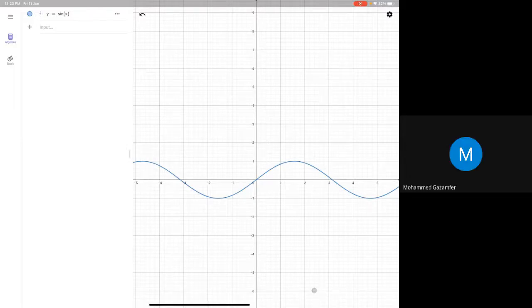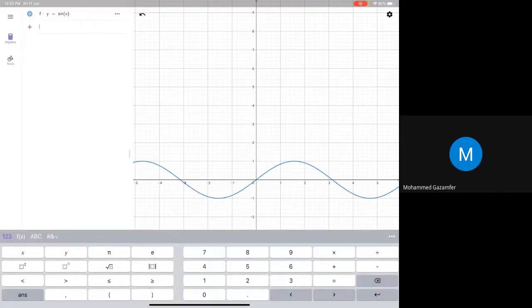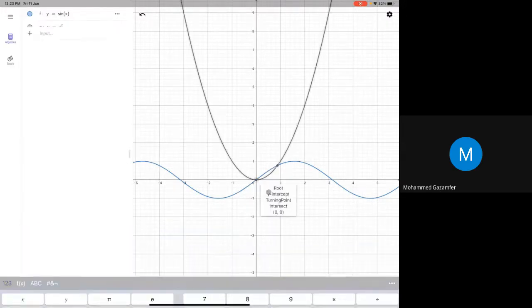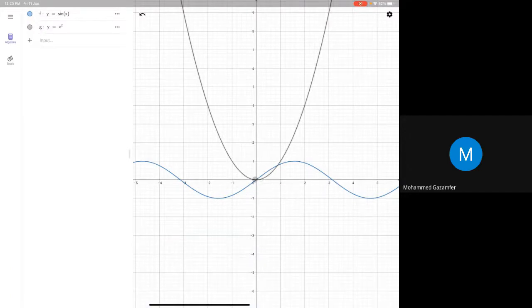Same thing for y is equal to x square also. If you see, the slope will be 0 here, and that is the trough. That is the minima of the function. So wherever slope is 0, you will have either maxima or minima. Remember this very well. I'll repeat that the maxima minima topic you will come across obviously, but I'm just repeating that again and again so that it will be very clear for you.